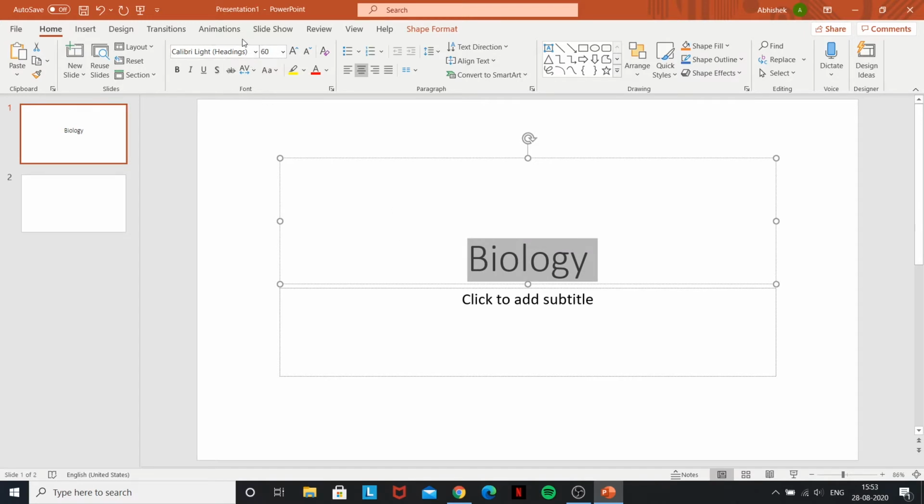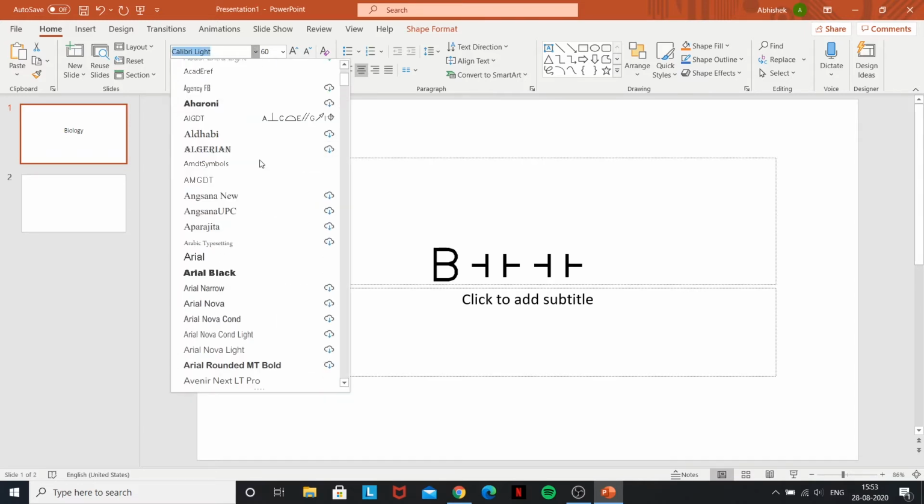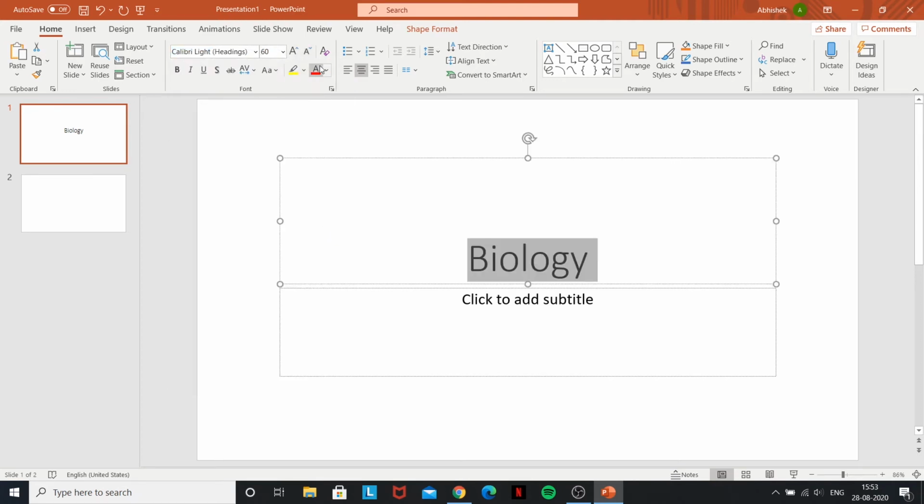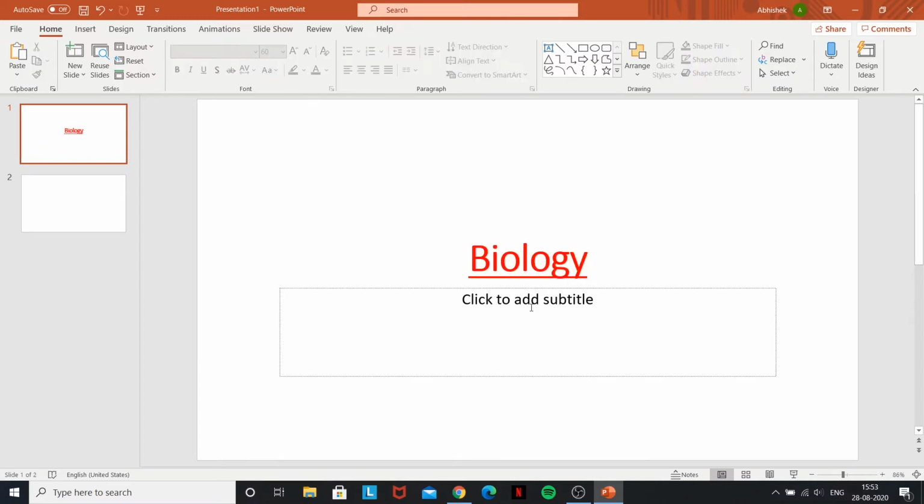We have all of these options, which is quite similar to Word and Excel. Text sizes can be changed, text color, underline color, highlight, all of that is there. These are just very basic formatting tools, so you can do whatever you like with it. Right now I'll make it bold and underlined.